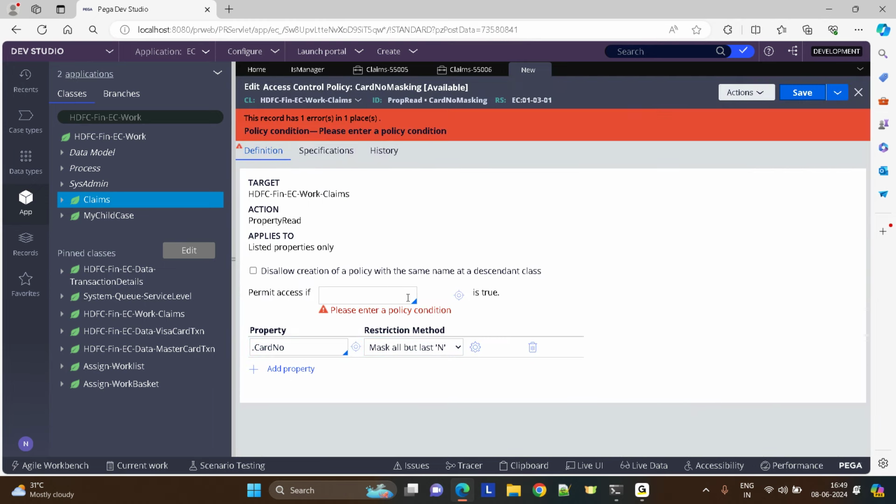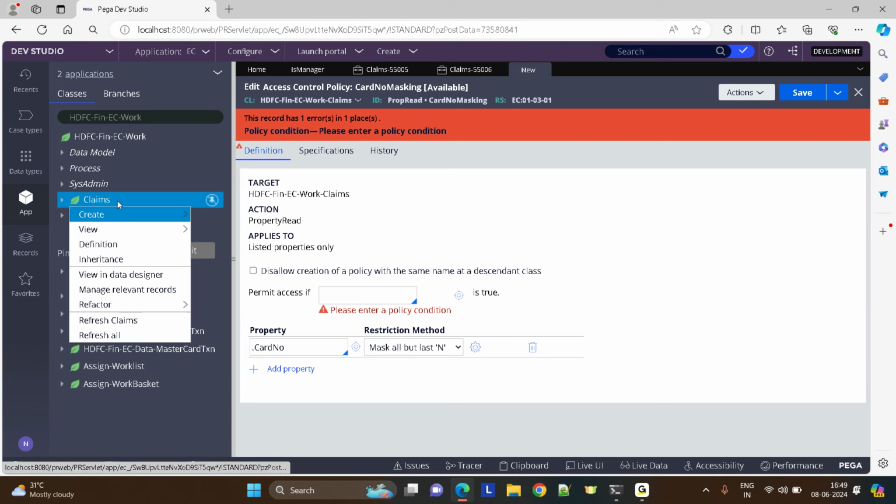This condition is mandatory. So to whom do you want to give the permission to look at the data? So card number is being masked, but do you want to give at least a certain set of users access to look at the data? In my case, yes, I said only managers should be able to look at the data, not everybody. So I'm going to create a condition like the person should be a manager. Only for managers, it will be visible. So you have to create a condition. That condition is nothing but the second rule.